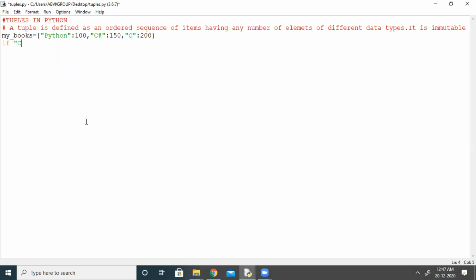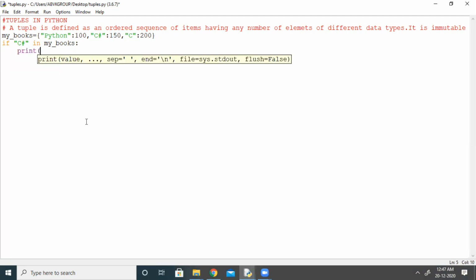So if C sharp in my underscore books, print book is found.